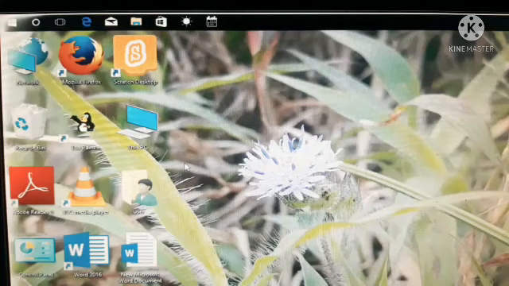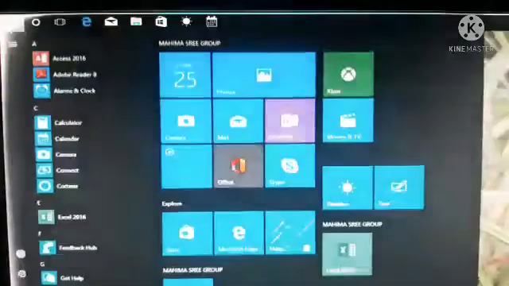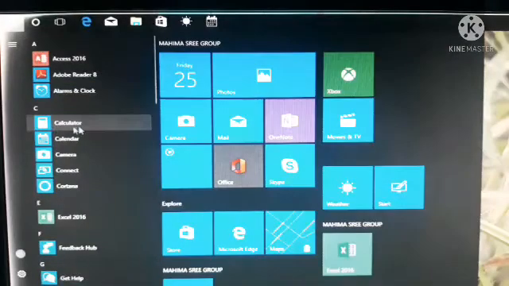How to change it is very simple. When you turn on the computer, you can see this desktop. This is the first screen. This is called the desktop, and the background image we can see on the desktop is called wallpaper. Here, when you turn on the computer, we can see the start button. If you click on the start button, we can see the start menu as well as the start screen.